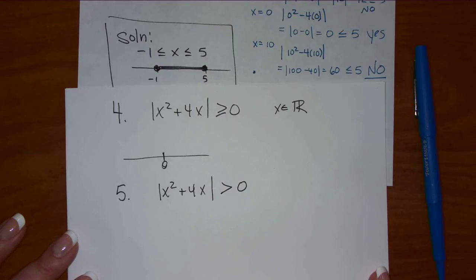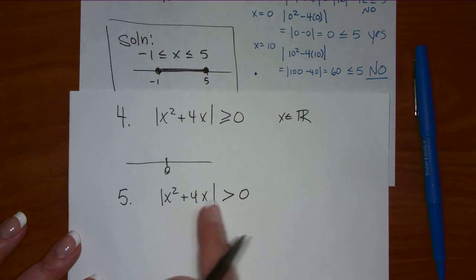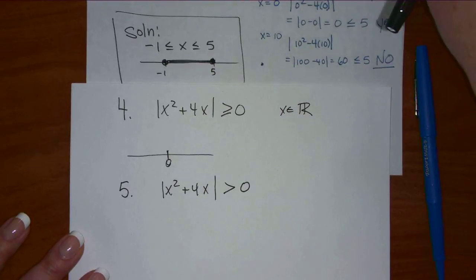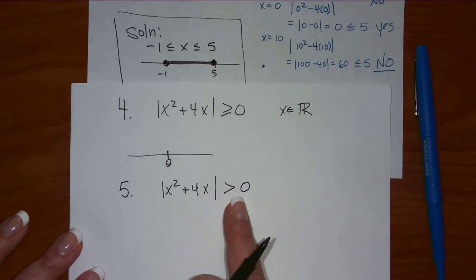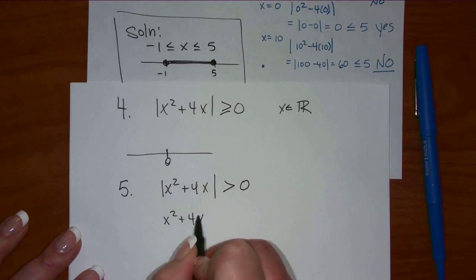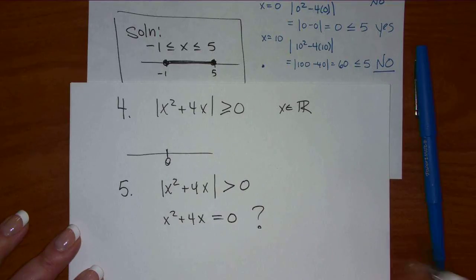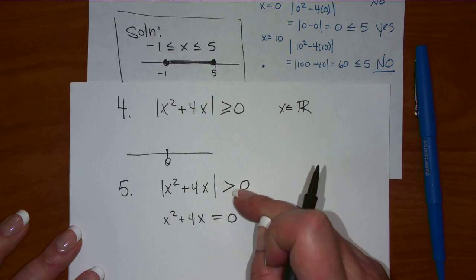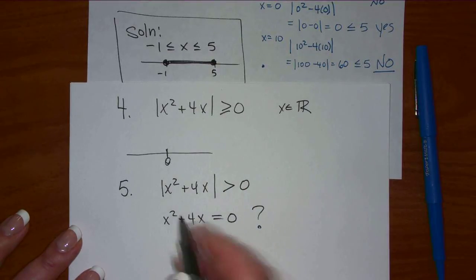Close. So he said that x is all real numbers except 0. Right. So we don't want the ones that equal 0, right? Every other number will work, but anything that equals 0 won't work. So where does this equal 0? We don't want those numbers, because there's no equal 0 here. So we just want greater. Everything else will work. So if we factor this,